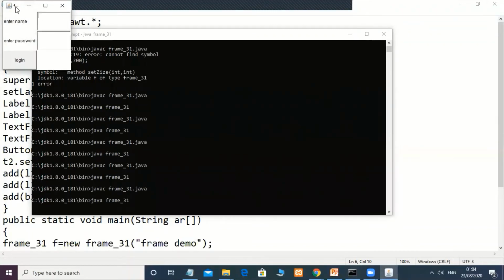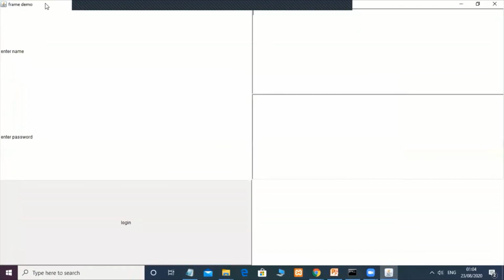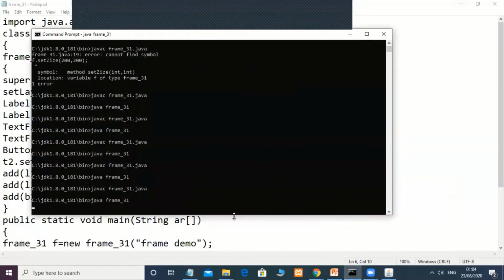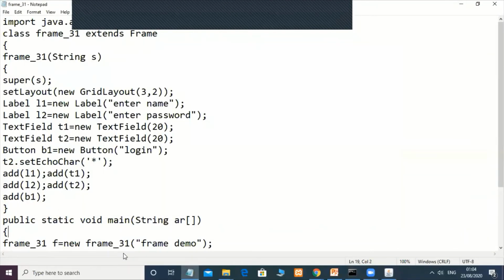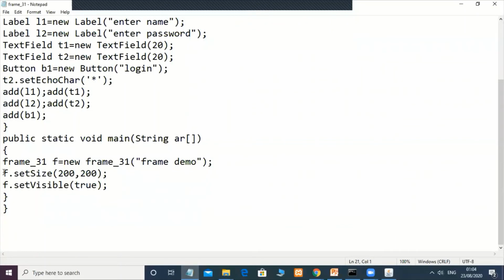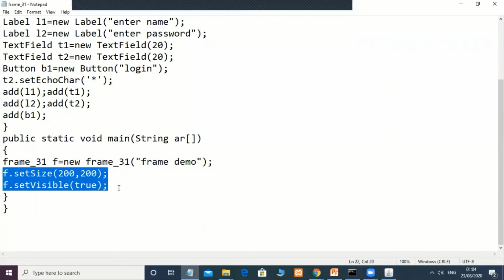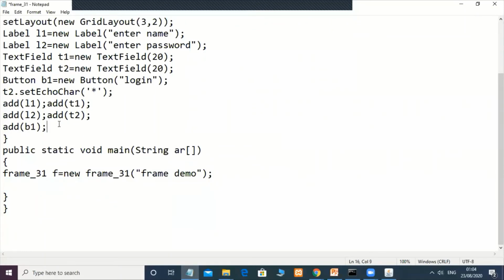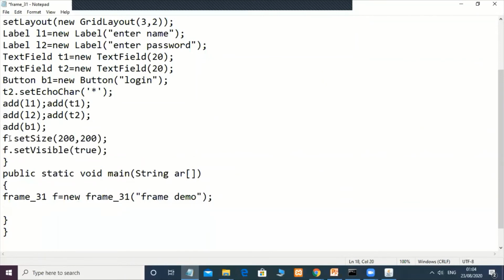See here, I got a title here. See this frame demo. In this way, we can use the second constructor of frame. And now one more thing: if you are calling the methods set size and set visible, you can call them here also. But here there is no need to call these methods with an object.